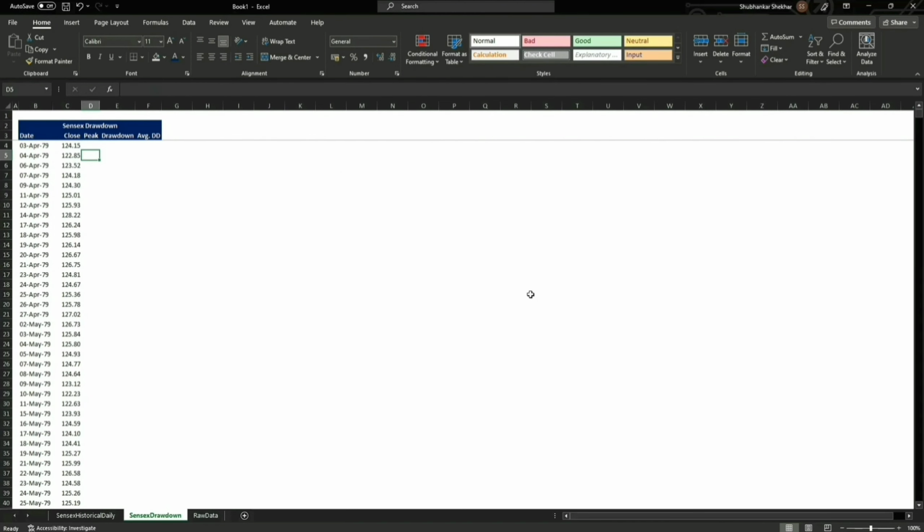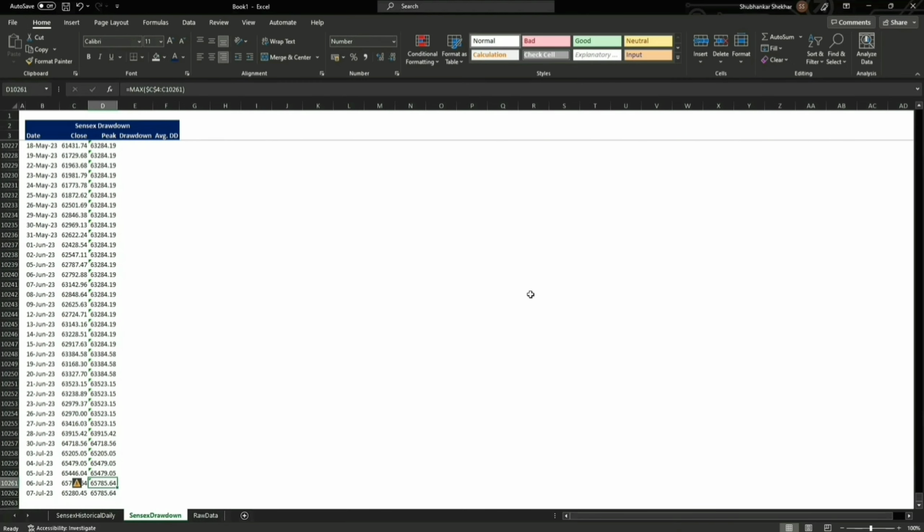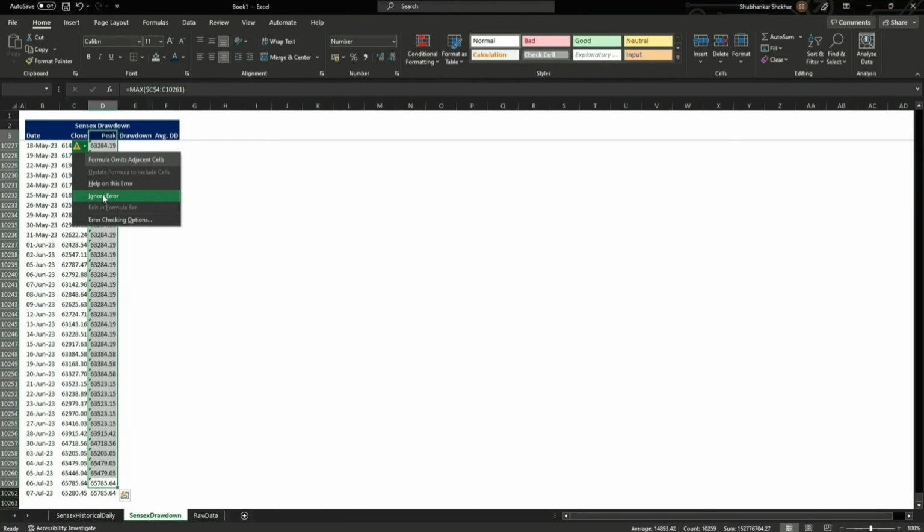And for peak what I'm going to do is equal to max, this semicolon, enter, and then you just have to anchor the first cell, and we are going to remove all the errors as well, right?